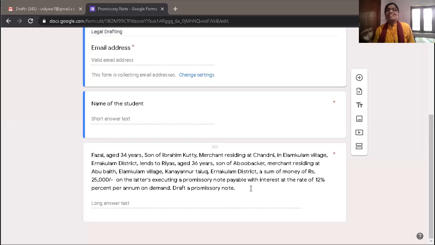Riyas. So he is lending some amount to Riyas, aged 36 years, son of Abu Bakr, merchant residing at Abu Baita, Elamkulam village, Kanayanur Taluk, Ernakulam district, a sum of money of rupees 25,000 on the latter's executing a promissory